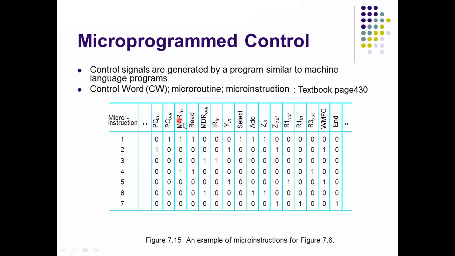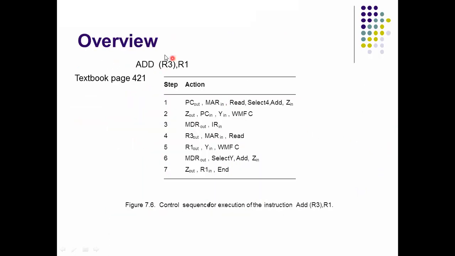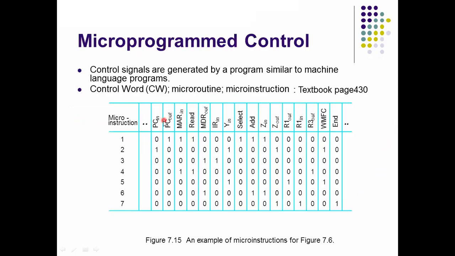Okay. So these are the control words. How are we getting one and how are we getting zero here? See here, for this example instruction, these are the control signals. Here we are taking all the control signals: PC in, PC out, MAR in, read, MDR out, IR in. Totally, how are we taking all the control signals? Suppose you are taking the first